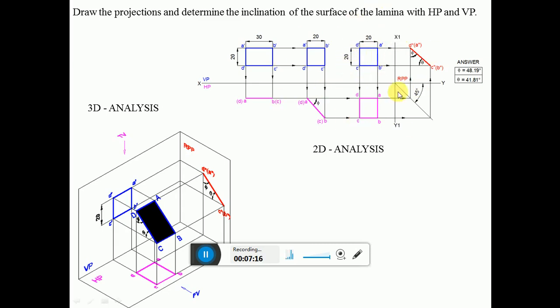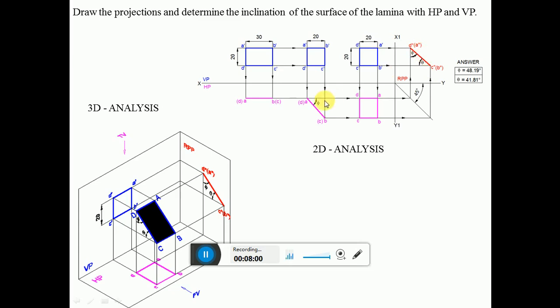So you draw an x1 y1 line and draw a 45 degree line, then draw a horizontal projector from AD to this 45 degree line, and then you project this. Where is AD? AD is here, so you are going to get the point here. So you are looking from the left side view, so D dash is near to the observer, so D double dash is visible. A dash is away from the observer, so it becomes invisible. Similarly, draw a horizontal projector onto the 45 degree line here, which is CB, and then you project vertically up. Then you draw a horizontal projector from the profile view. So you are looking from here, C dash is near to the observer, so C double dash is visible and B double dash is invisible. So when you join this, you are going to get a line.